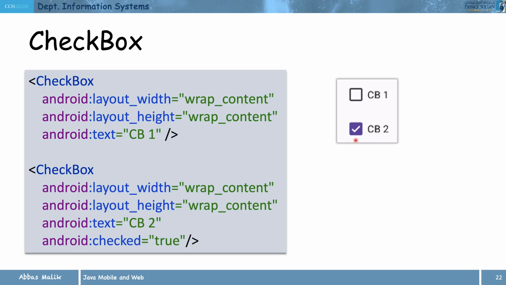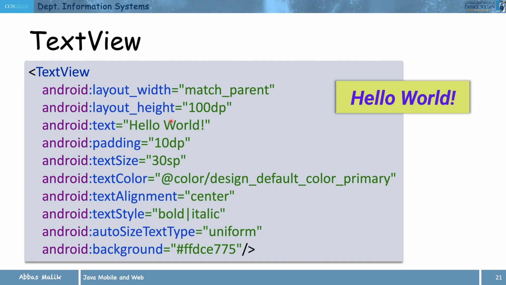DP and SP. DP is density pixels, and SP is used whenever we are specifying the text size. I am forgetting what exactly SP stands for. But whenever we are specifying the text size, we use SP. It is something like scalable vector graphics, because those fonts are vector graphics. I'm not sure what exactly that stands for, but whenever we are specifying these text